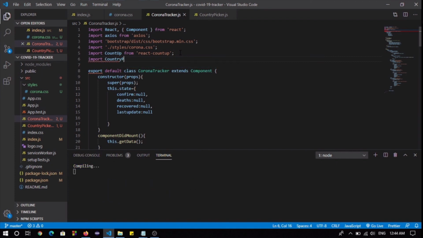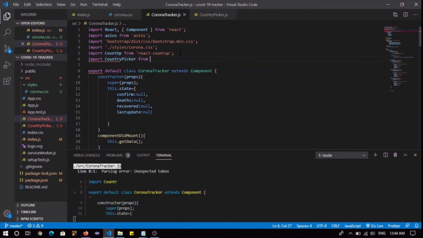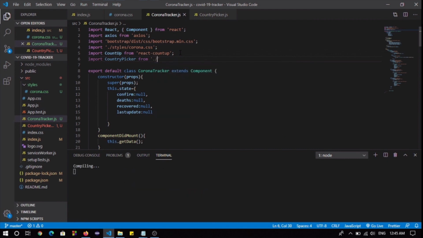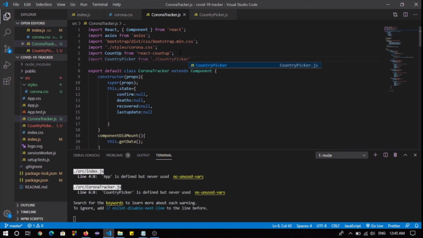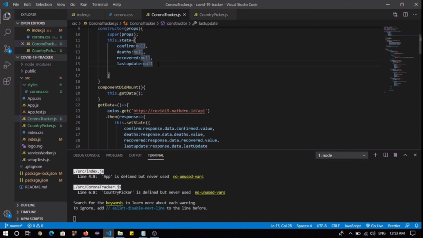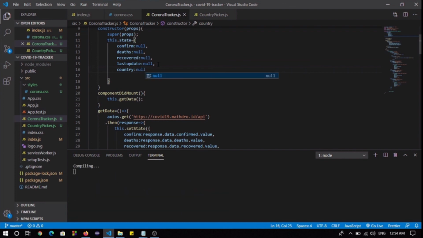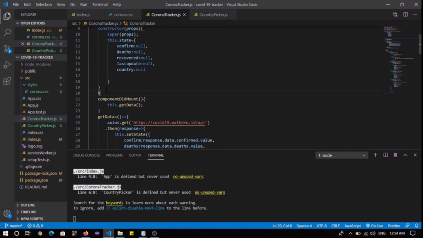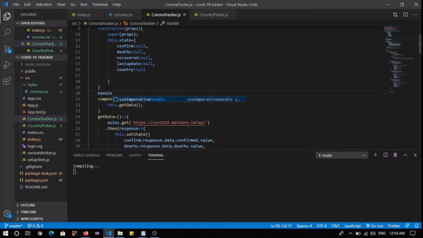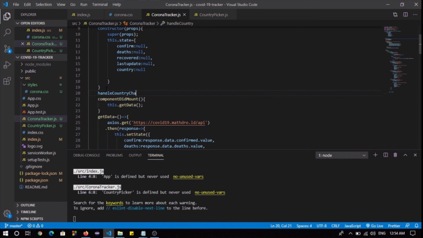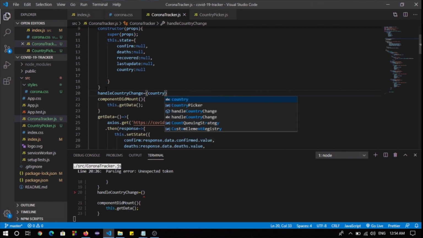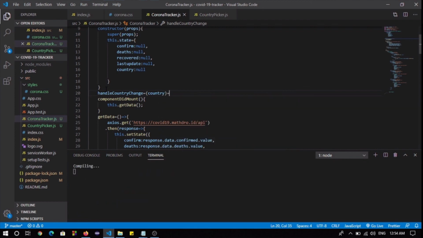Okay, so now we'll move to this Corona tracker file again, and we will import country picker from dot slash country picker, and in this file we are going to define one more property like country. We will initially set it to null, and we will define one more method, that is handle country change, which receives a country from its child component,